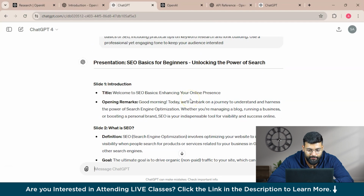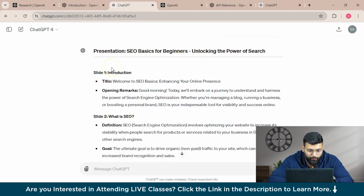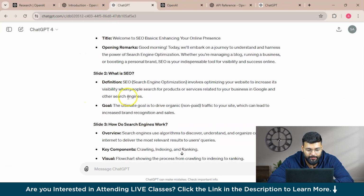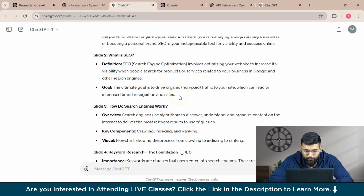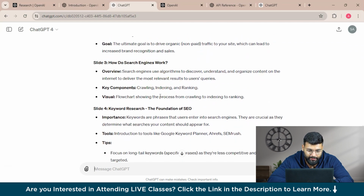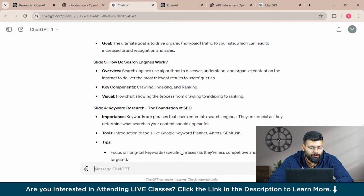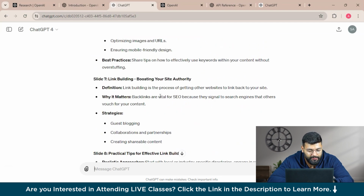So you could see the response that has been generated by GPT-4, that in slide 1 you could have an introduction slide with a title and the opening remarks, and then in slide 2 you could have the title, that is what is SEO. You could mention the definition here and what would be the goal for this presentation, and similarly we have slide 3, that is for how do search engines work, and then we have slide 4, slide 5,